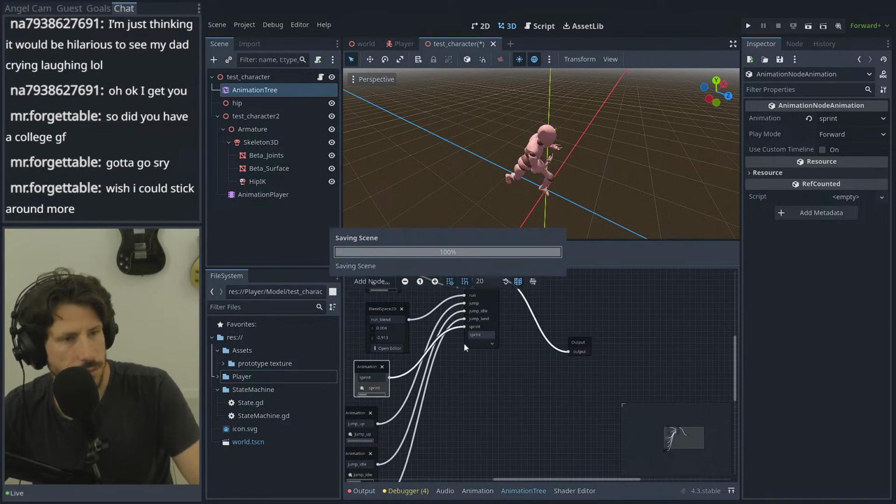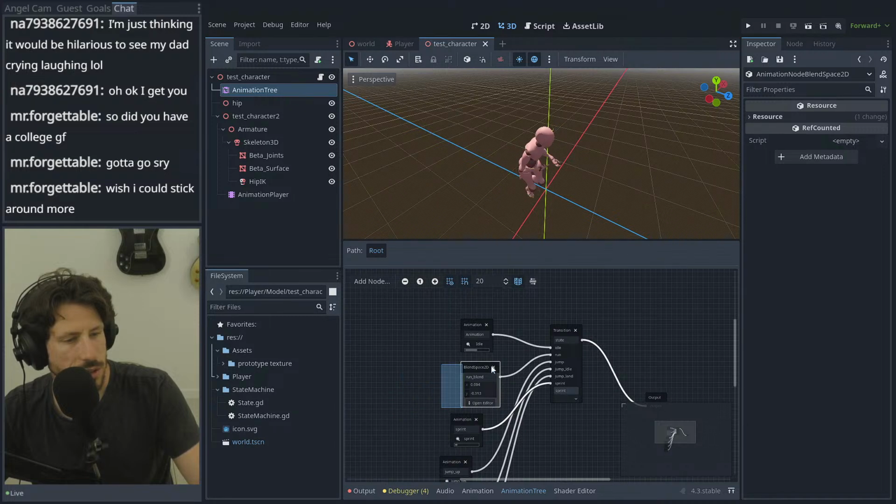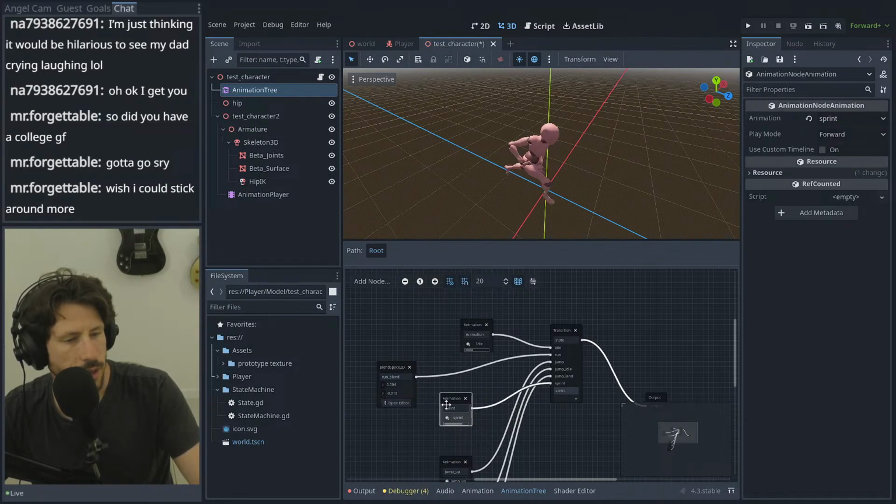Transition. The other way that we could do it potentially is have it blend with the run. But